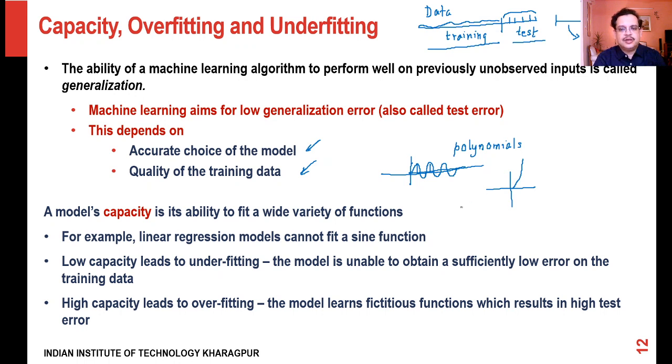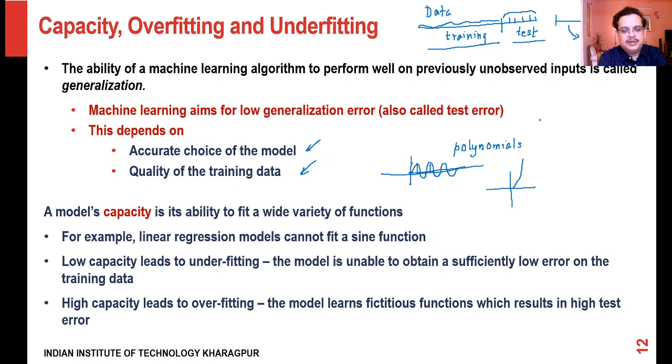But the higher the capacity that you build, so the higher the complexity of the function that you allow, the more complex will be your learning task. For example, deep neural networks can model extremely complex functions, but because of that, our ability to learn them has problems, because the model becomes extremely complex.